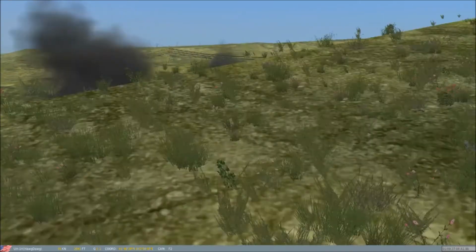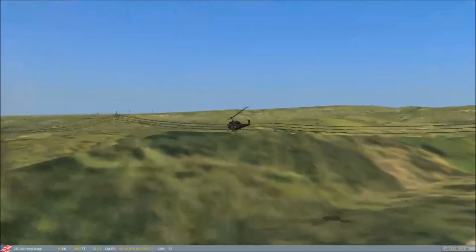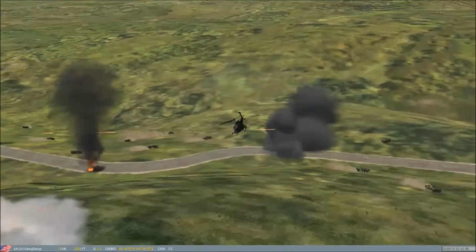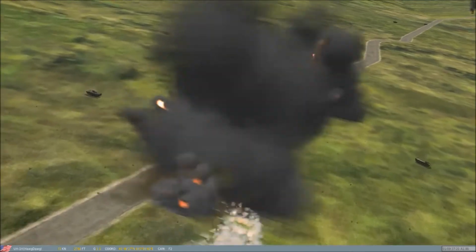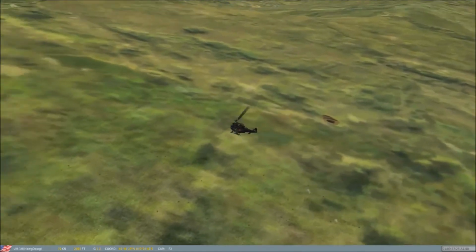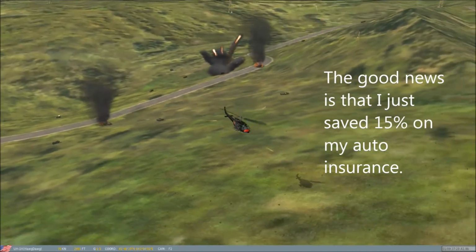There's a bunch of enemy over there. And so I used the mountainside to hide myself, but then came up over the top, fired a few rockets. Hit a few of them. Yeah, it does get pretty smoky. That cool white effect you see on the ground, and you'll see it here in just a second, is, yeah,